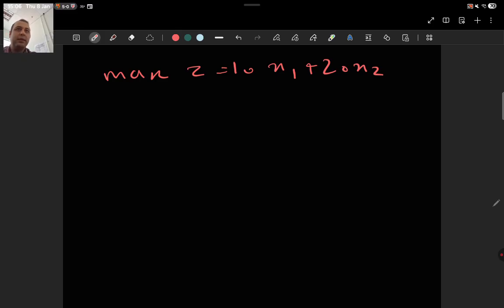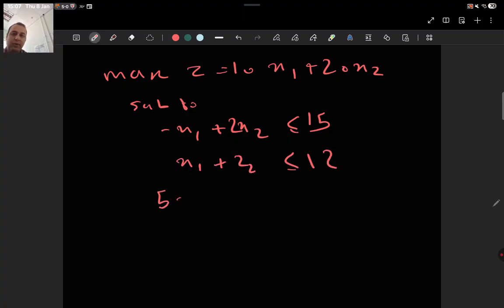We have this function that is maximization, which is maximization z equal to 10x1 plus 20x2, which is subject to minus x1 plus 2x2 less than 15, x1 plus x2 less than 12, 5x1 plus 3x2 less than 45, and x1